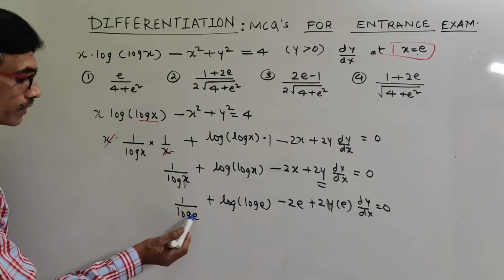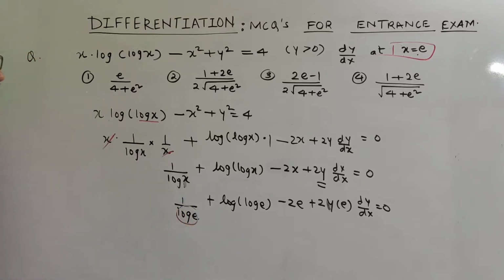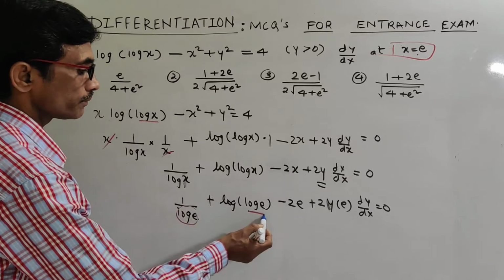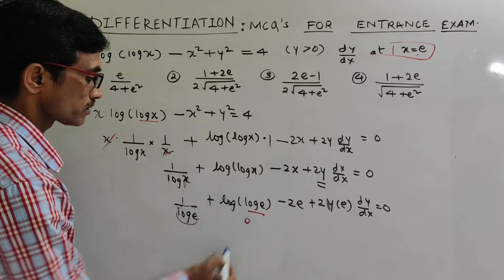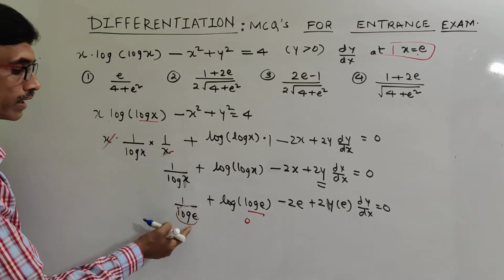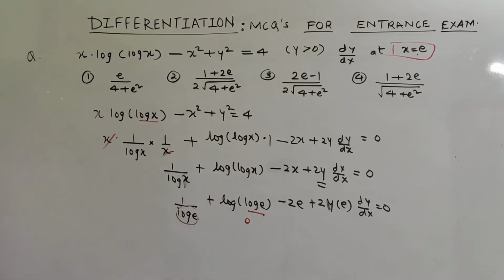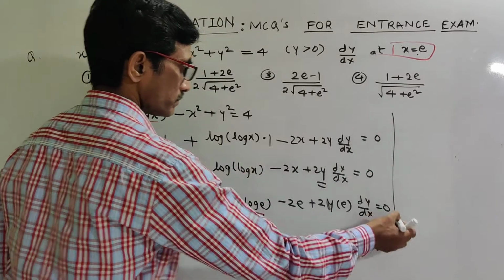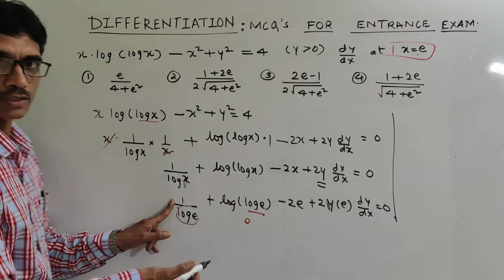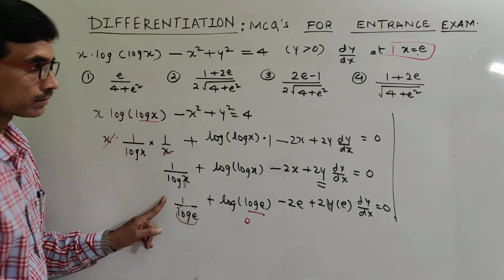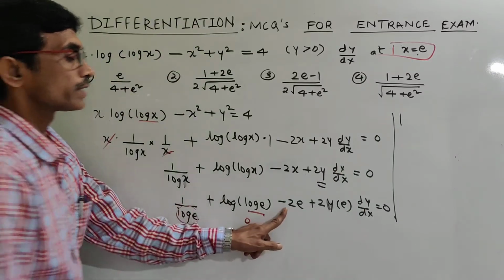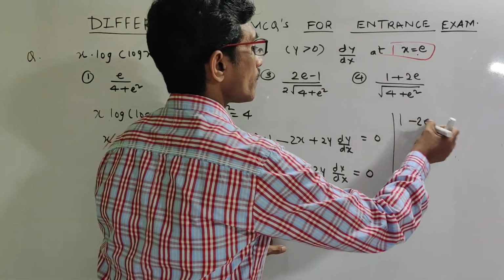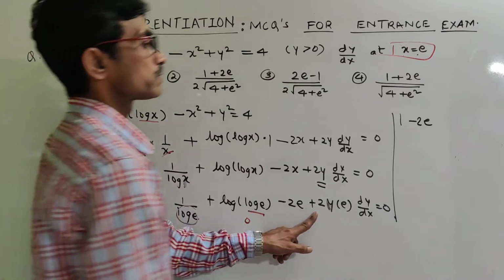Log e is equal to 1, so this complete term will be 1. Log of e is equal to 1 and log of 1 is equal to 0, so this will reduce to 0. This is reduced to 1, so the first term will be 1 because log e is 1, and this is 0, minus 2e plus